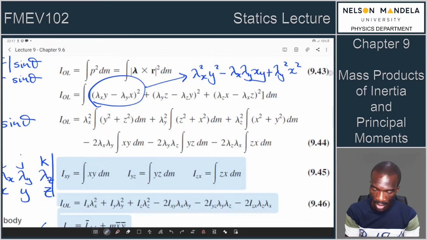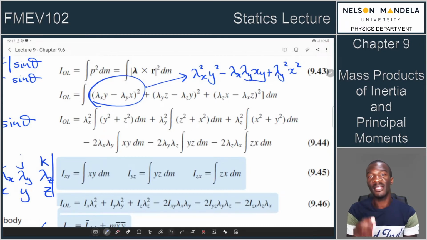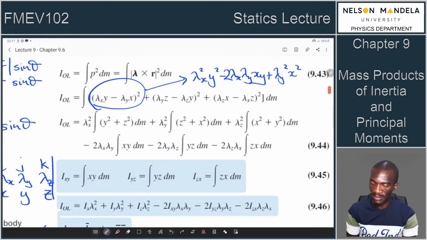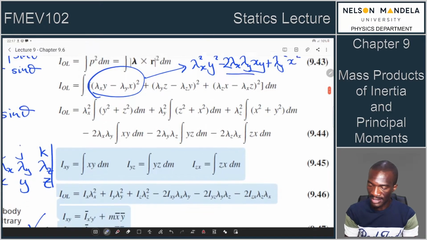This solution shows you that there is a term, for example, this lambda x multiplied by y was squared, isn't it? This lambda x multiplied by z was also squared. For that reason, you've got your y squared plus z squared in that bracket, and your lambda x squared is on the coefficient side because it's a constant. Remember, your lambda is simply a what? A directional cosine. Then the same applies. You would find that part and that part. As far as the terms that are, okay, this must be minus 2, excuse me. So as far as the terms that are being cross multiplied there, we have this 2 lambda x lambda y